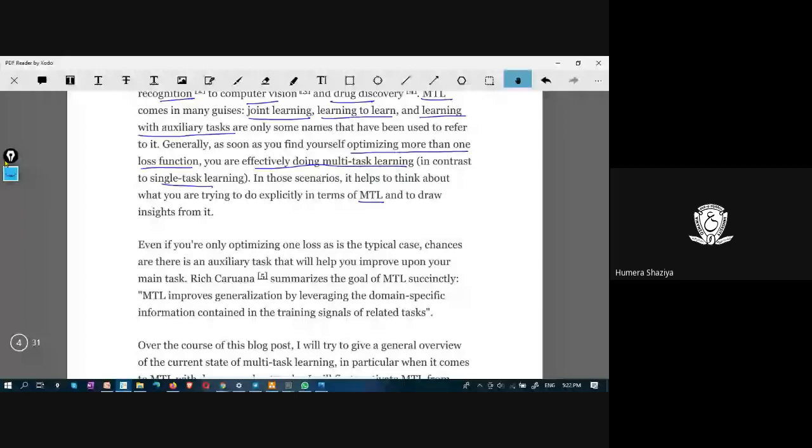You have cross entropy loss, you have log loss, different types of loss methods available. When you try to optimize many loss functions, optimize in the sense you try to reduce the loss, effectively it makes multitask learning efficient.